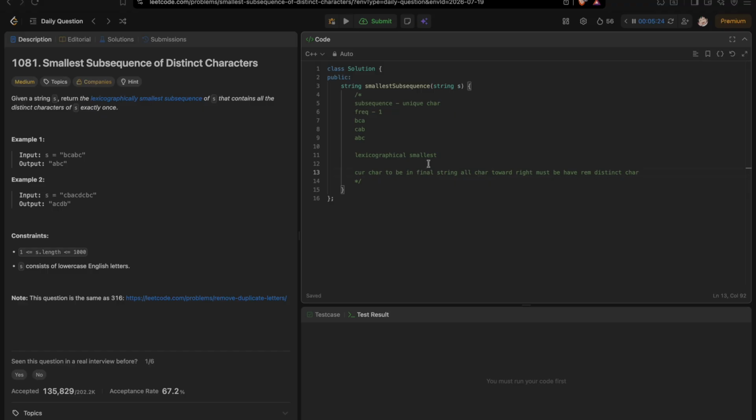I understand that every right side should be having the remaining characters later, but we need to choose the smallest possible character. So for that,